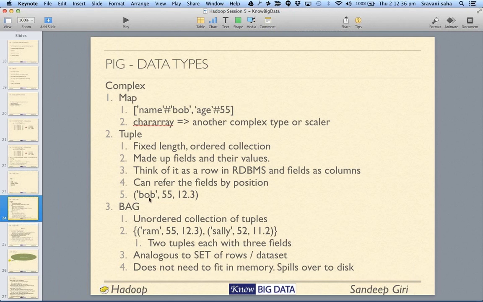So you can refer to each of the values inside a tuple. Like here, you see Bob, and Bob is basically a word which you can refer to either by a name of the tuple you have given, or with positional fields such as $1, $2, $3. All right. Now,